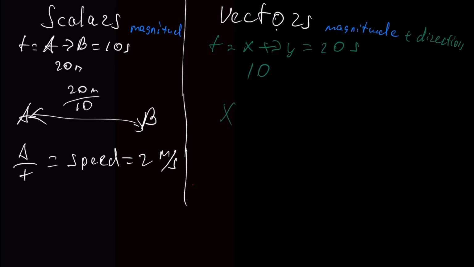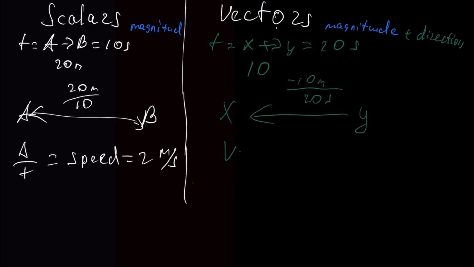Okay, let's say from Y to X, and the distance between them is 10 meters, but in vectors we might call it -10 because it's on the left, and since the time might not be negative, we would always write it in positive. That would be velocity equals -10 over 20 seconds, so that would be -0.5